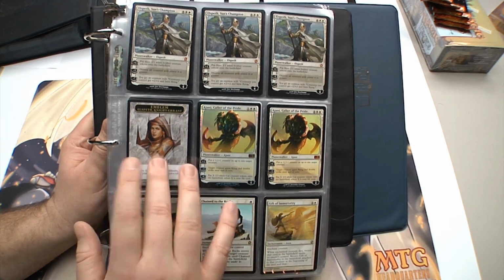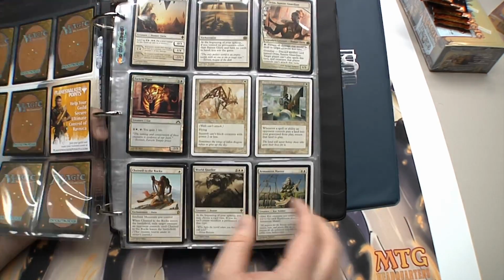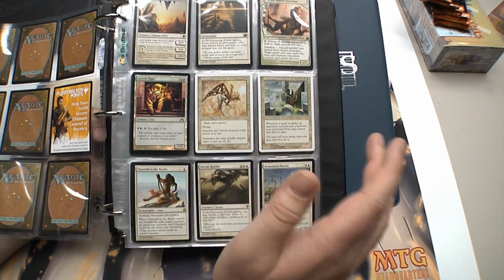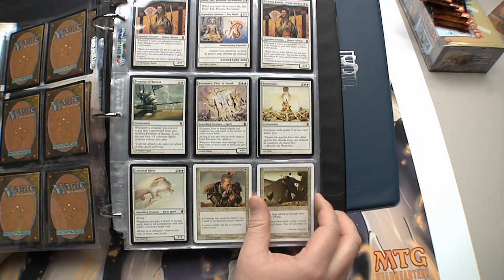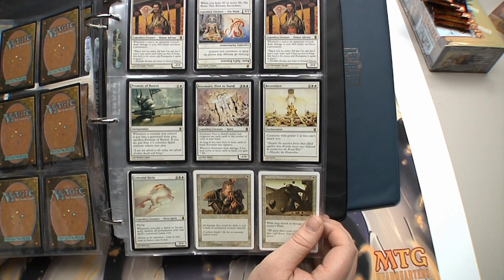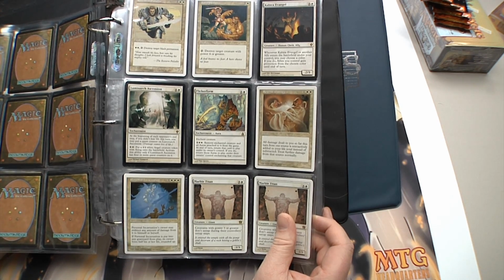3 Elspeth, Sun's Champions. Here's a Knight-Errant token, a foil and non-foil, a Johnny, Caller of the Pride. Here's Celestial Archon, Chained to the Rocks, Gift of Immortality, Hedron Field Purists, Baron Glory, Oris, Samite Guardian, Sunweb, Sacred Ground, another Chained to the Rocks, World Queller, Armament Master, Makiko, Kana Truth Seeker, Runetail, another Truth Seeker, Promise of Bunrei, Kairumaro First to Stand, Reverence, Celestial Kirin, Pariah, Rolling Stones from 7th Edition, Northern Paladin, Intrepid Hero,